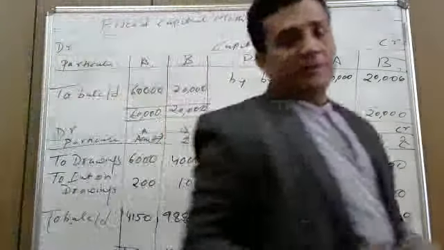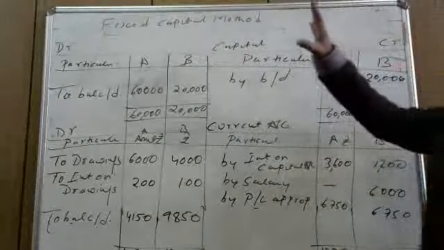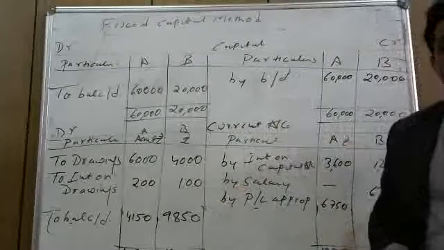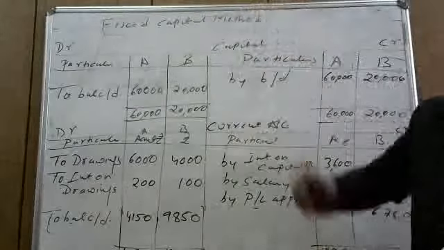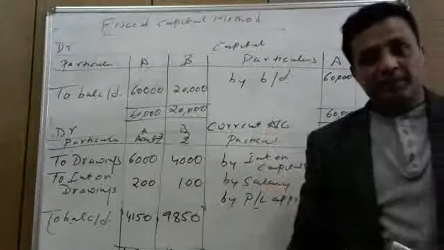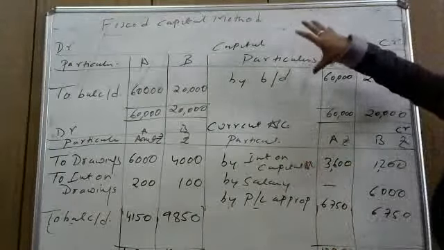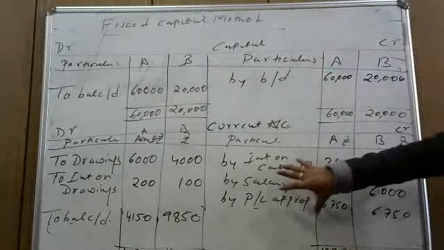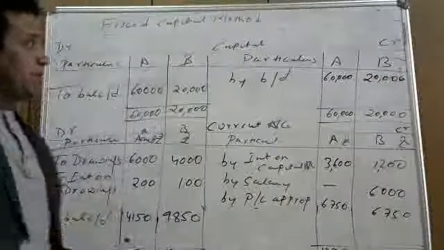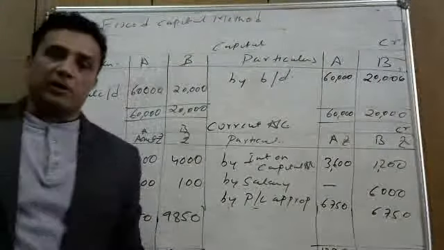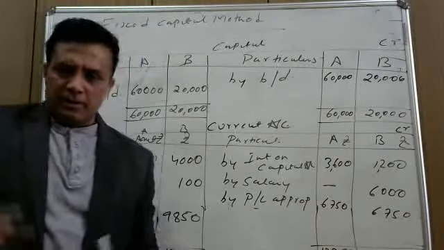Now this is the first thing, how we prepare fixed capital account. But the most important part over here is how we prepare fluctuating capital account. Now fluctuating is what? It is fixed plus current. Now I will show you how. We prepare two capital accounts separately. The first one is fixed capital account and the next one is current account. Now the second portion, if the question says you need to prepare capital account, simply capital account, it means we need to prepare fluctuating capital account.